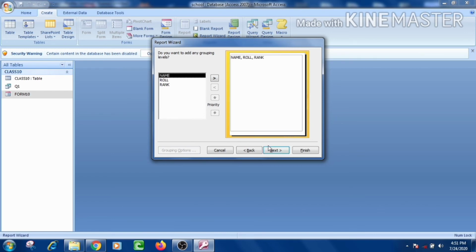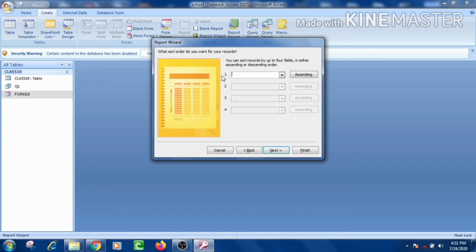In this wizard we have to do nothing, simply I will click on the next button again. But in this wizard, we set the sorting order of the records for the report.